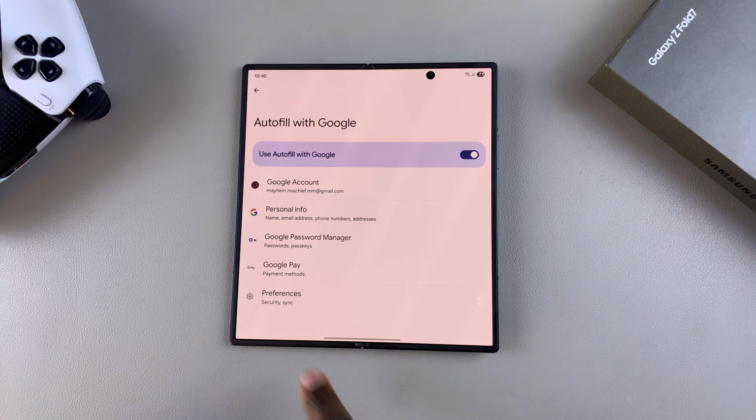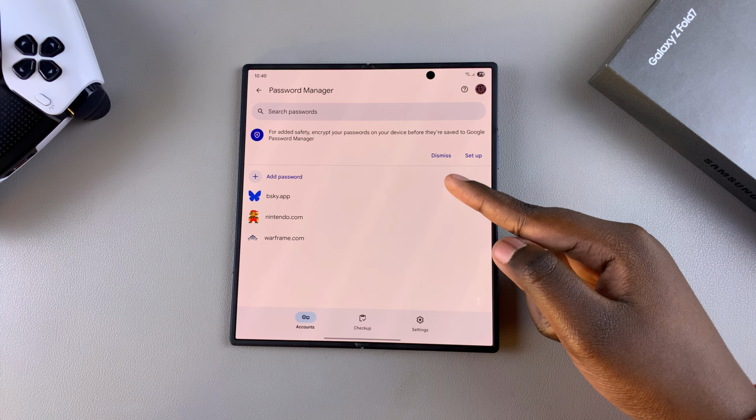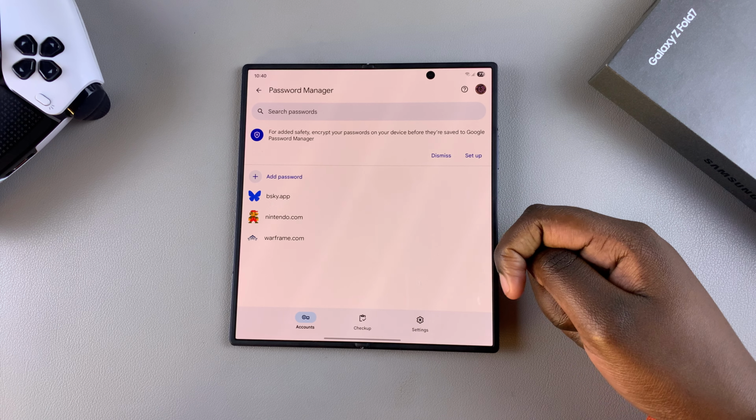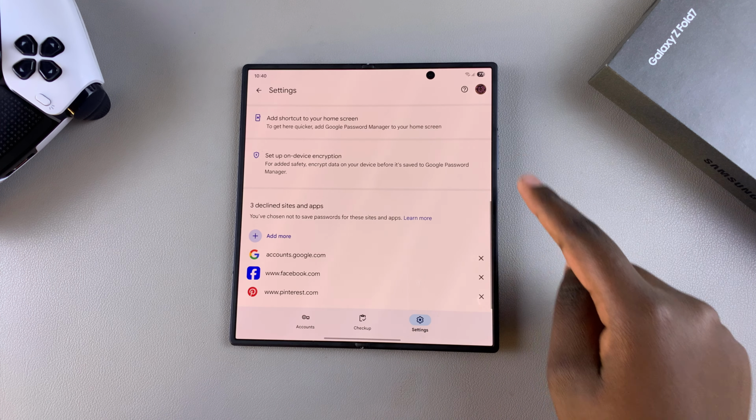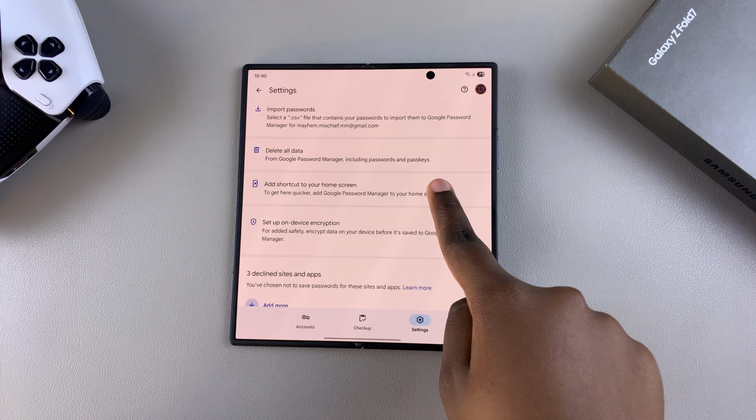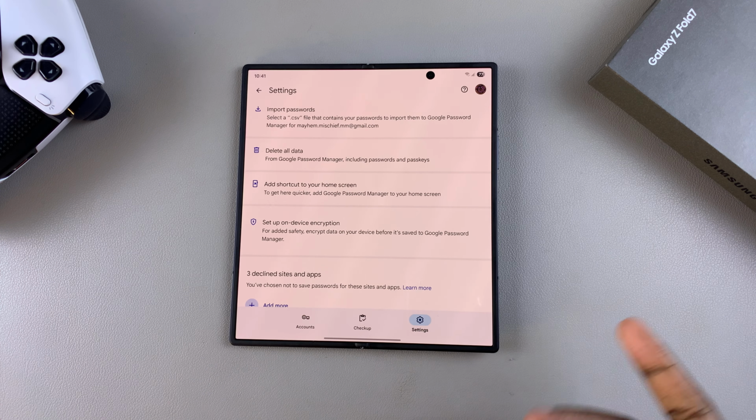And then from here, you now need to select Google Password Manager. Once you've selected it, you can then see all the apps that currently have passwords saved to the Google Password Manager. So what you're going to do is just tap on Settings, and then under Settings, you're going to scroll and select this option, Add Shortcut to your home screen. Once you've selected it, you're just going to tap on Add, and then it will be added to your home